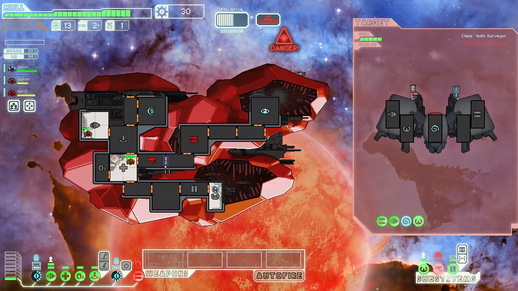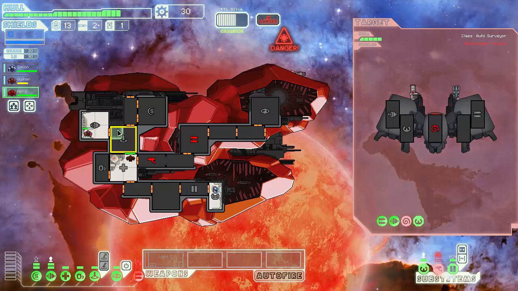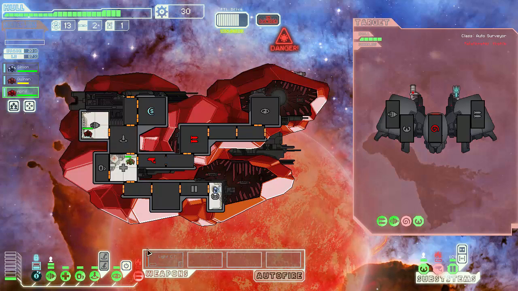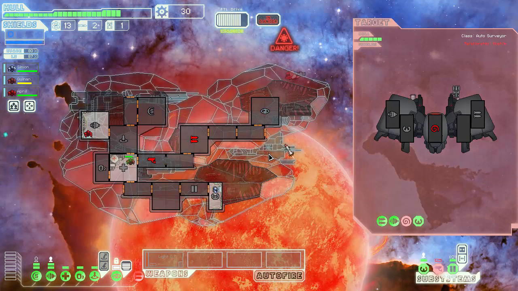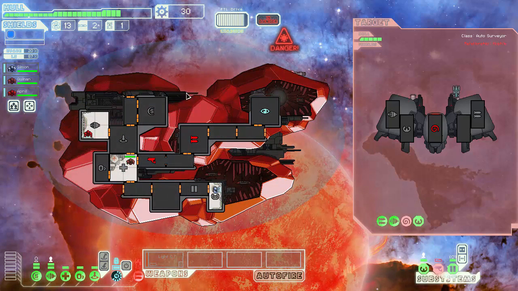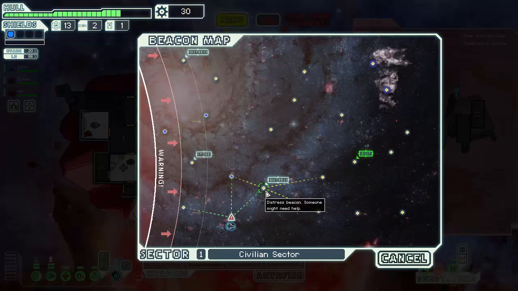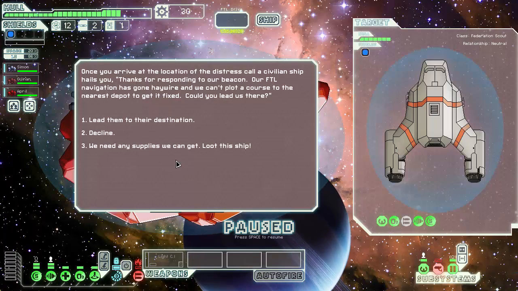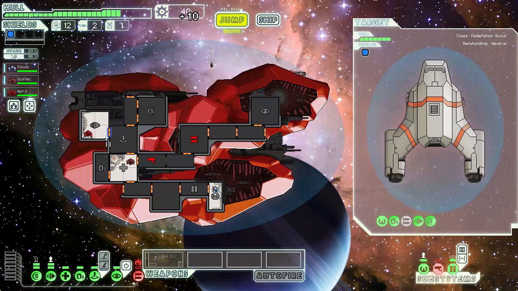I took out all the systems. I'll probably still have to deal with one mind control. Oh no, mind control got destroyed on their end too. Well, that means we could destroy the ship. I don't think it's actually decent to do so. Yeah, sure. 10 scrap. And we get a small chance to actually